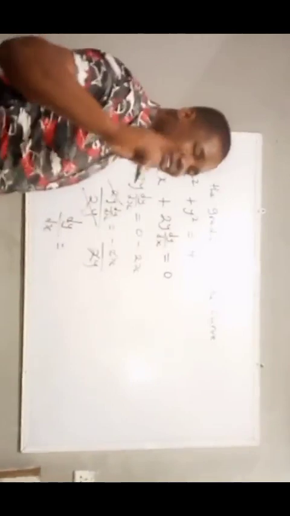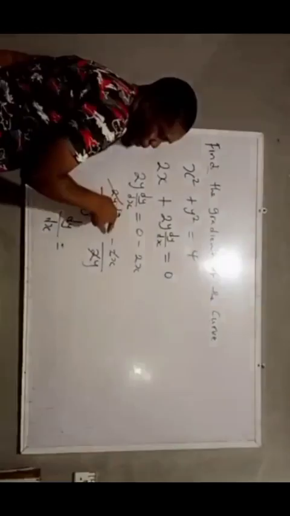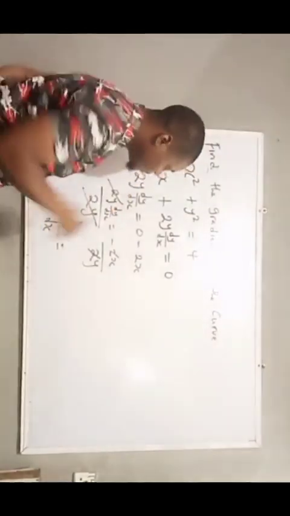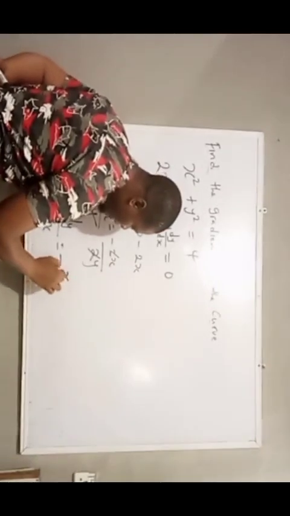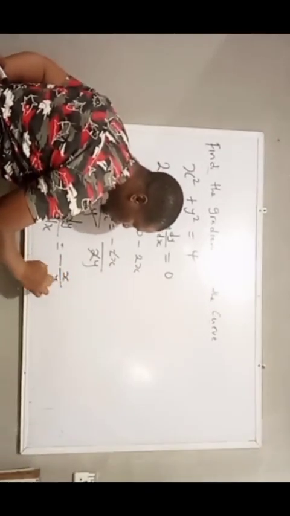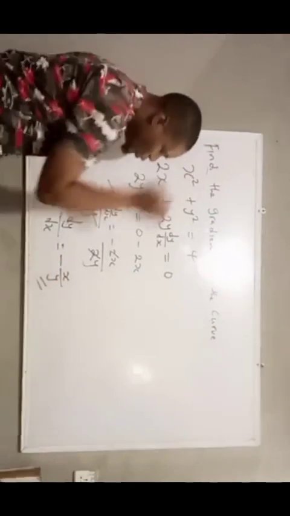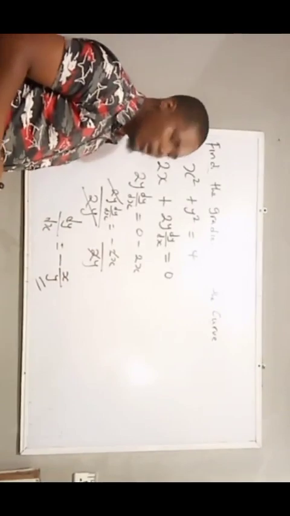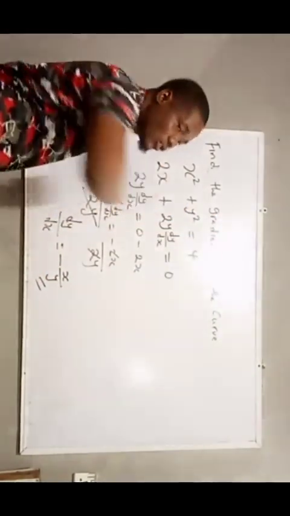When you are writing this answer, please don't leave it like that. I purposely left this negative sign here to draw your attention. In maths, the minus must be at the middle. So this is minus x all over what? y. This is how you leave your value. This is the answer to this question using implicit